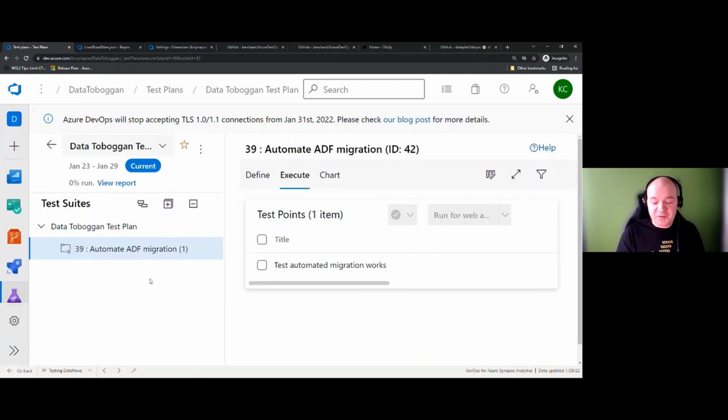So I like to think of Azure Test Plans basically as semi-structured, because you can have a test plan in Azure Test Plans that contains